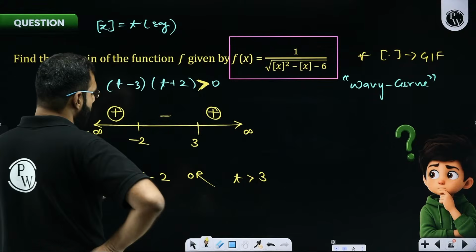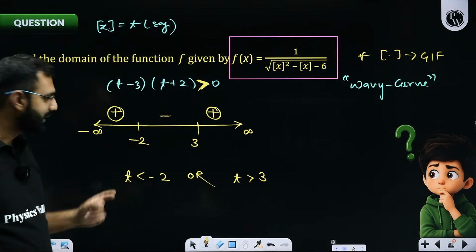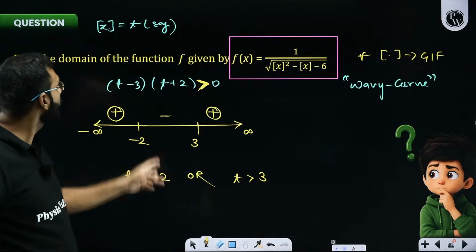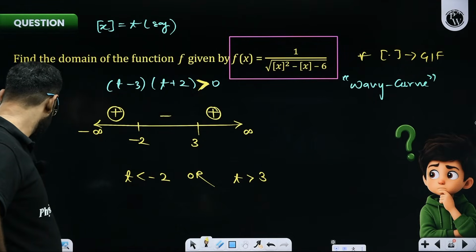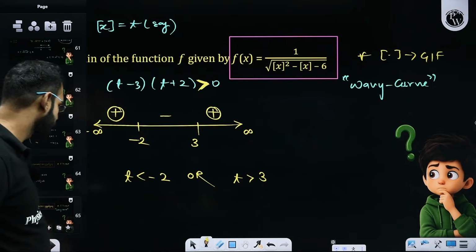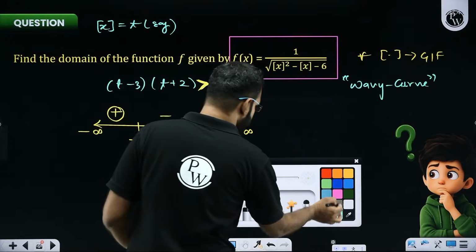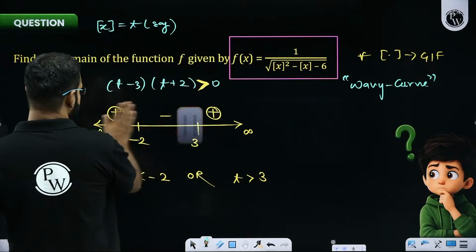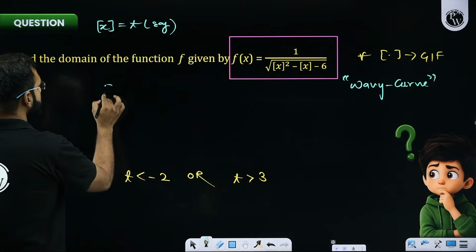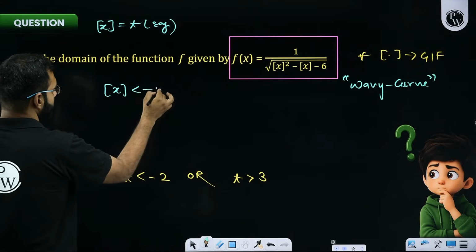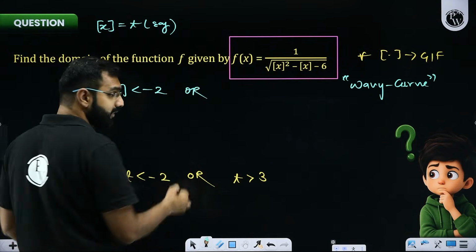Perfect. Now, sir, do we really stop here? No, we don't. t is not what we are solving it for. We are solving it for GIF of x. So let's extend it further towards GIF of x, shouldn't we? So if I take t as GIF of x, what do I get now? Technically, this question will be GIF of x should be less than minus 2,